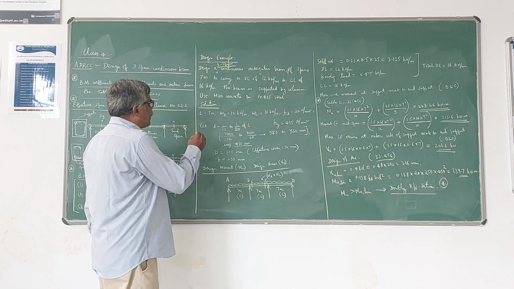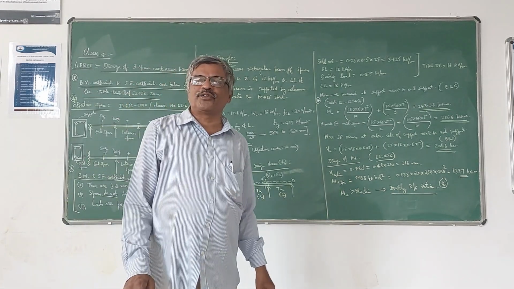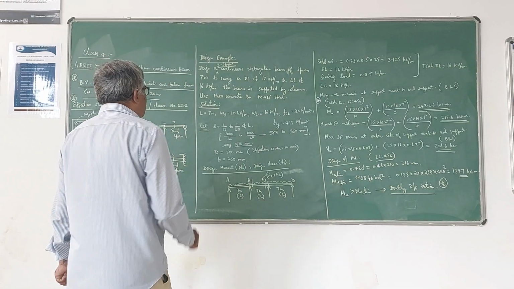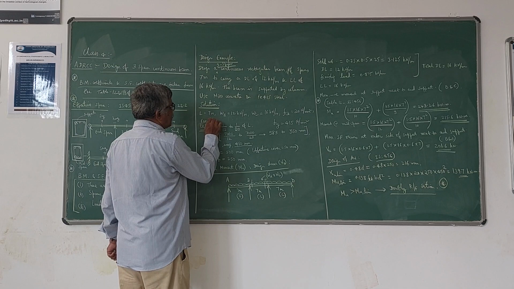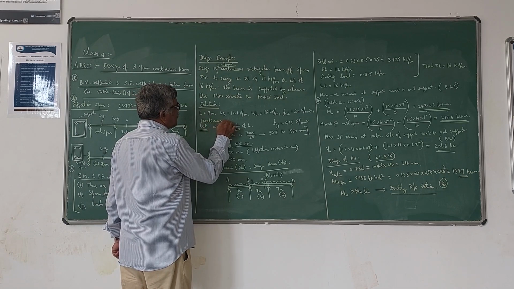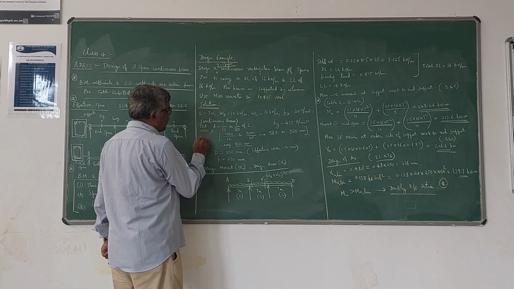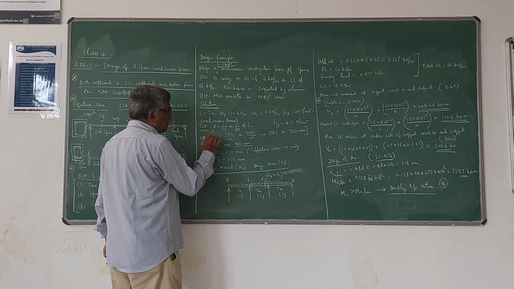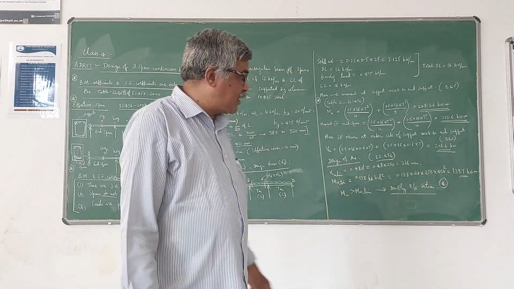Now, in the beginning we have to do some initial preliminary design. For that we have to assume the cross-sectional dimensions of the beam. So there is a thumb rule for that. In the case of a continuous beam, you can assume d, small d, as the effective depth. So please note that small d is the effective depth. Effective depth can be taken as 1 by 12 to 1 by 20th of the span. So now let us see what it becomes.